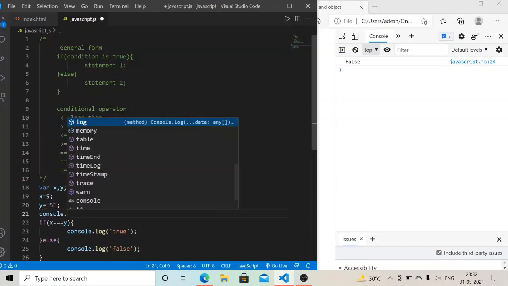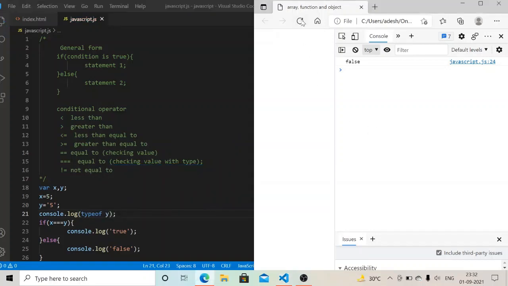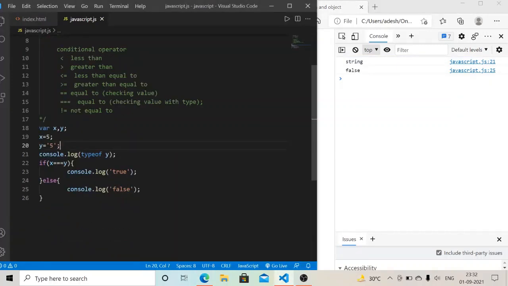If I use console.log and use typeof on the y variable, then when I save this file and refresh my page, you can see that it gives us a string here. So it's also checking the type of your variable, that's why it returned false.